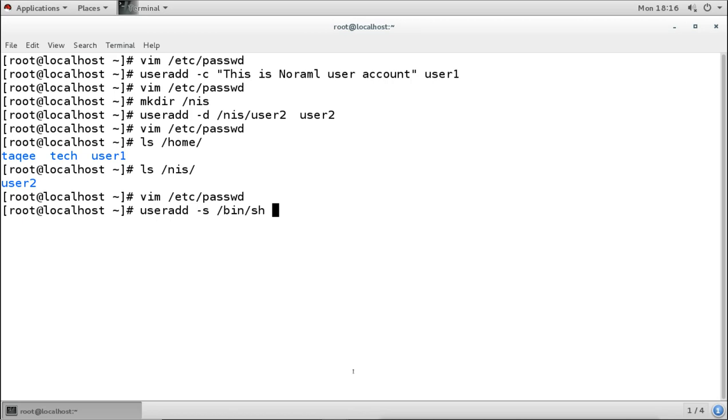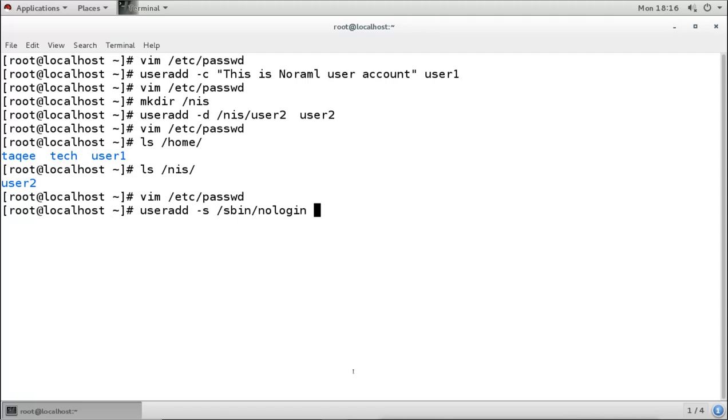So what I can do is give a shell like, from /sbin, nologin. Now when I give the nologin shell, the user will not be able to log into any interactive shell. Not even a graphical shell, not even a command line shell. Now why do we do this? We do this for the users which we want to log in remotely, through web services or FTP services.